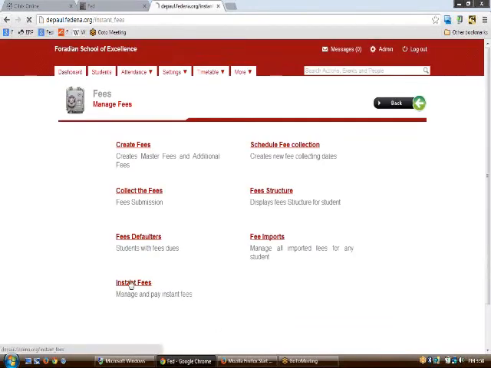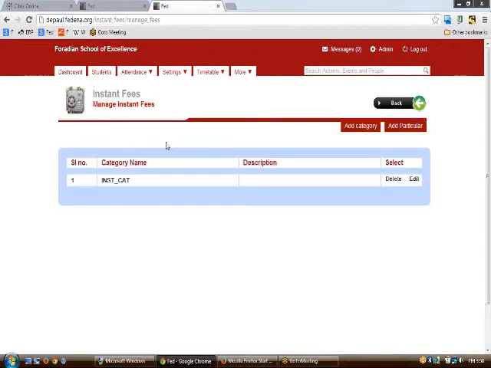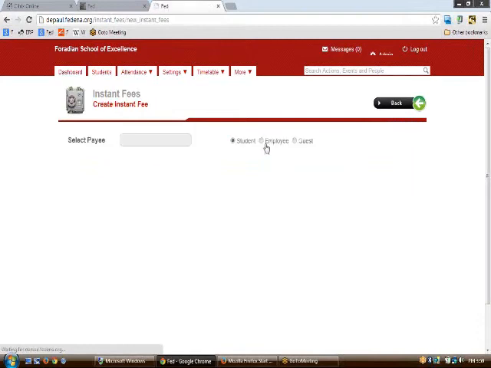Next part is the instant fees, where you can create, manage and pay the instant fees. This comes in handy in places where you want to raise a fund from the students for a special purpose. Then you can click on manage instant fee, type the name of the instant fee that you want to create, and put categories and particulars into it. Having put particulars into the particular category, you can ask the students to pay for it. Again, to pay instant fees, you click on manage pay fee, type the name of the student,